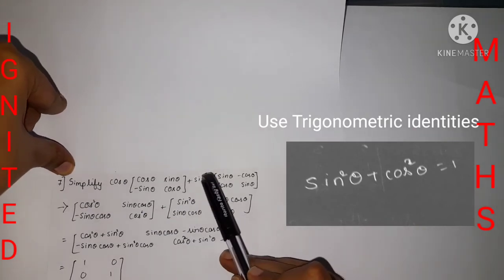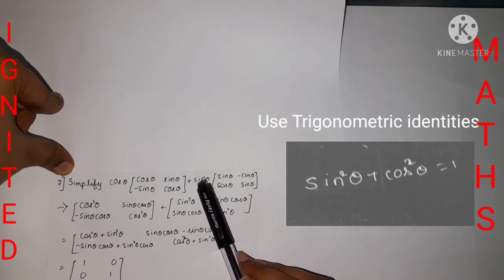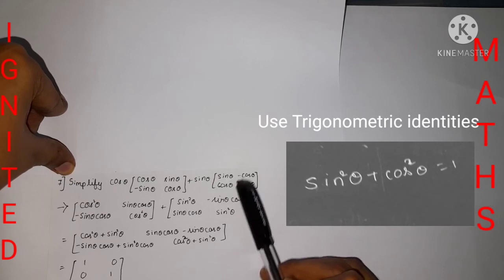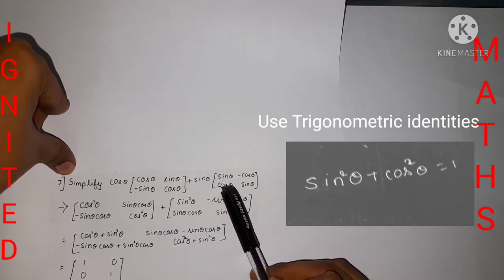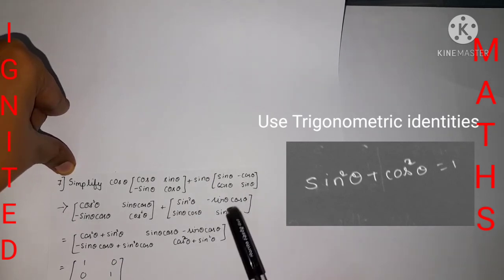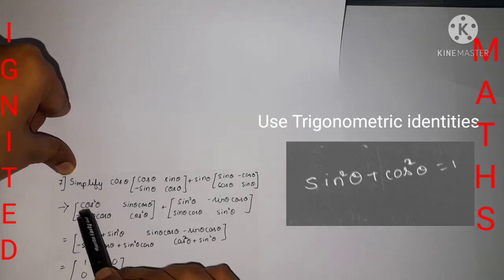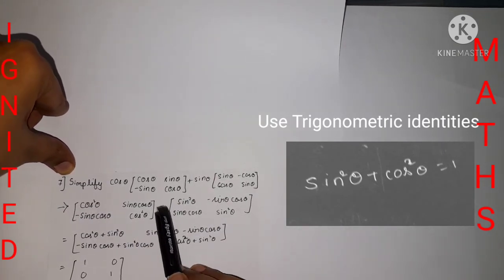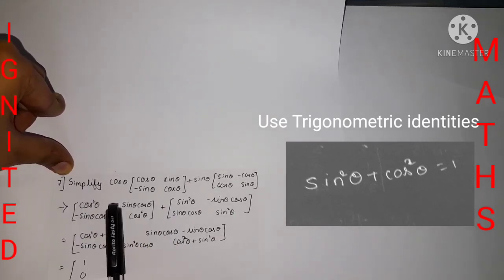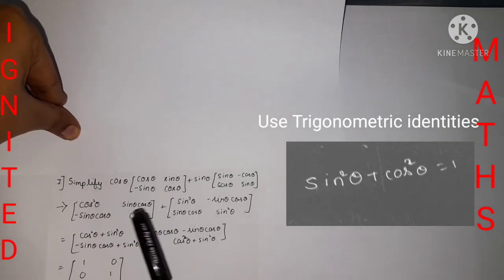In addition, the sin theta should also be multiplied with each and every term of the matrix. Then after doing the multiplication, you will get sin theta into sin theta is sin square theta, sin theta into minus cos theta is minus sin theta cos theta, and sin theta into cos theta is sin theta cos theta, and sin theta multiplied by sin theta is the sin square theta. Now you got the two matrices, and we need to add the matrices. Like take the matrix A for this, B for that, so you need to add A plus B. I just took the example A and B.